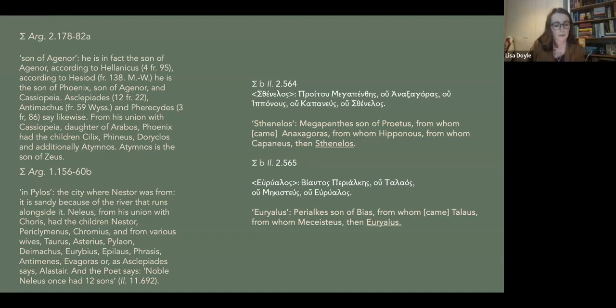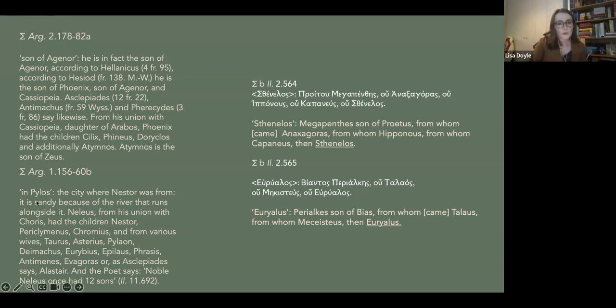So what I'm going to point out with these examples is, again, this urge, and the way that, as Robert Fowler says, a reader can get their bearings, literally. We've just gotten our bearings geographically, but now it's getting our bearings genealogically. A figure, a person, is named in a poem. What do the commentators do? They list off the heroic lineage of that person.